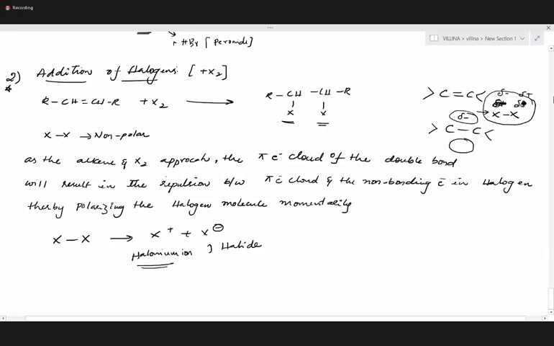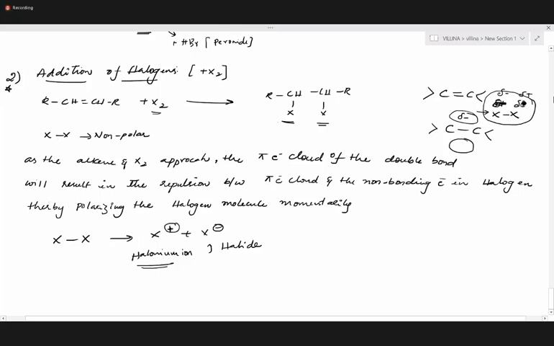Meaning in the first step, this will attack. So that's why this reaction is also an electrophilic addition reaction, because in the first step, X plus goes and gets itself attached to the carbon-carbon double bond. So I'll give you a gist. All this context is about having repulsions. How do X and X attack our alkene? Because there will be electronic repulsions. Because of that, the X-X bond will polarize, giving us halide ion and halonium ion. Halide is the one with negative charge and halonium ion is halogen with the positive charge.